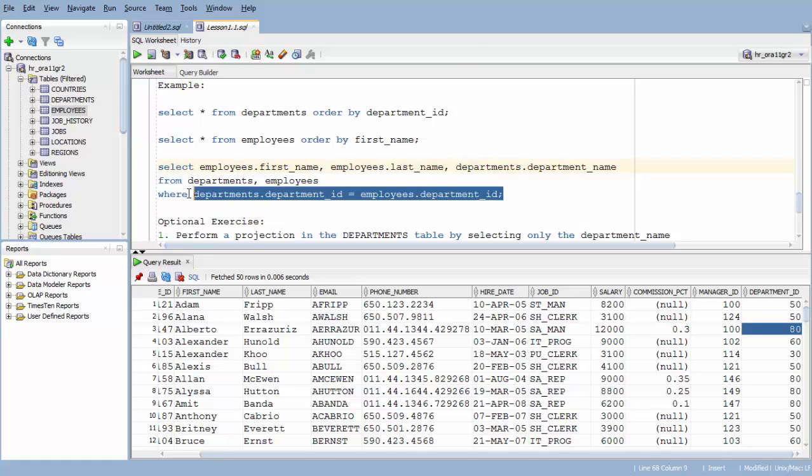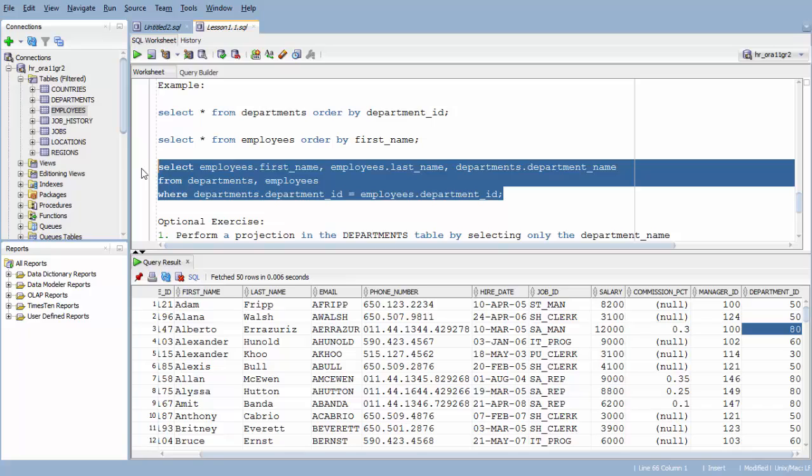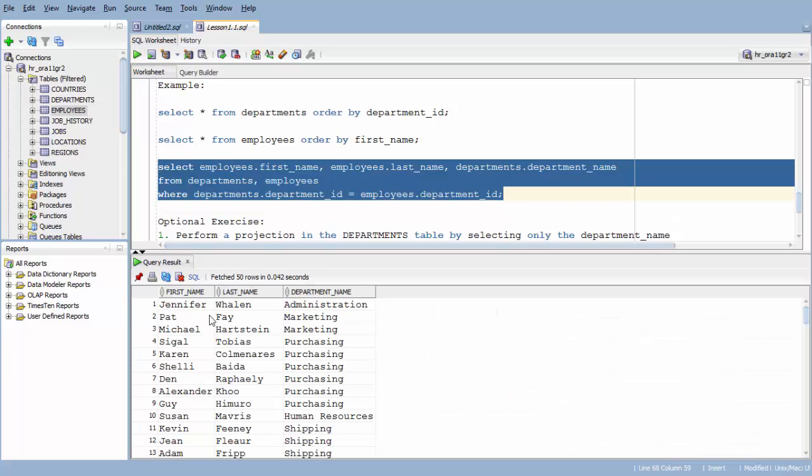In this case, we're selecting the first name and last name from the employees table and the department_name from the departments table. From departments and employees, where departments.department_id is equal to employees.department_id. We're going to run that,